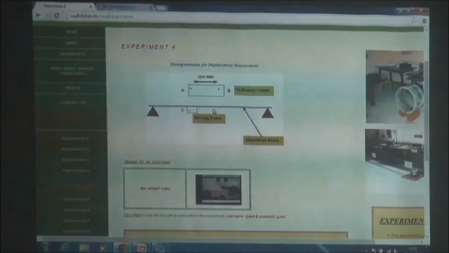Now after you put the loads, C will again get displaced. So again you can calculate or measure the distance between A and C. By these two measurements you can always find out how much point C has displaced. So this is a very simple experiment. You can go through the manual of the experiment